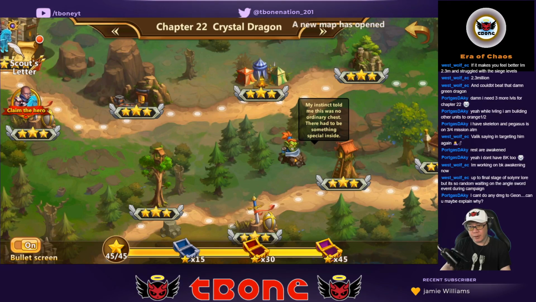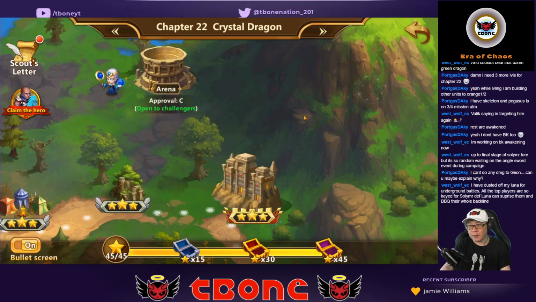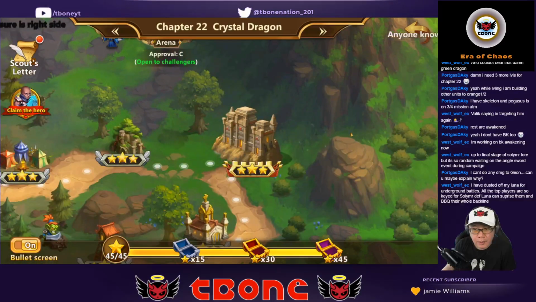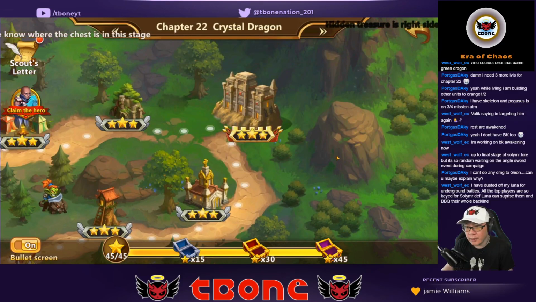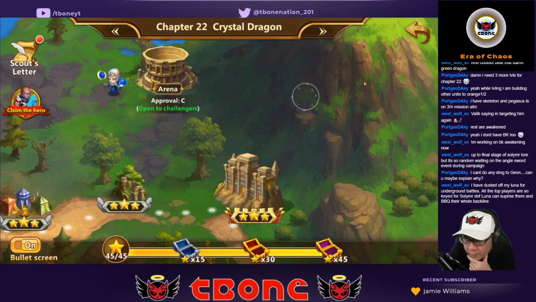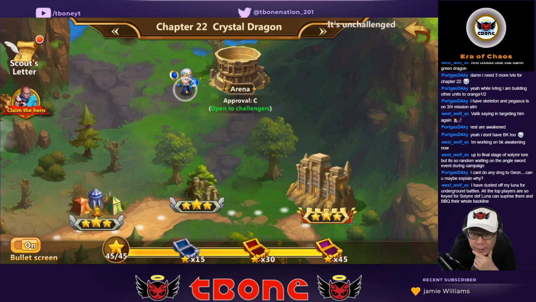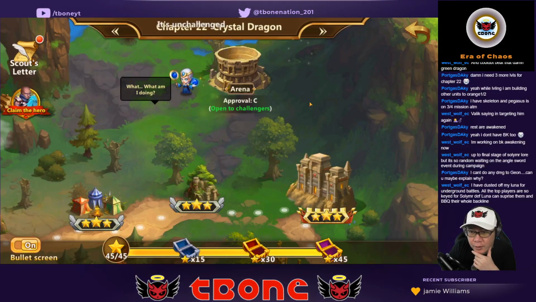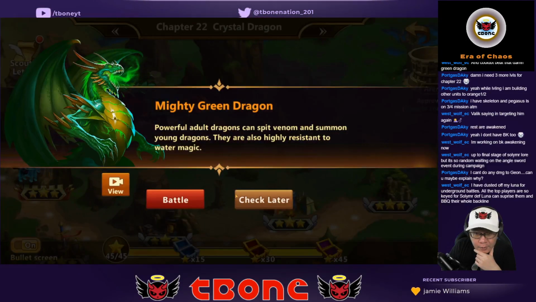Where's the chest? Northeast. Okay, so the one in northeast. In the peak in northeast, where is the treasure? It's up in northeast. So northeast is here, but I don't see it. Or is this one of those things that gives you 50 gems? Or do I actually need to defeat the dragon in order to get the...